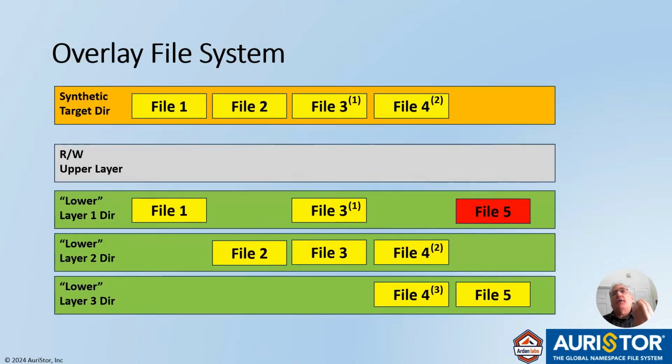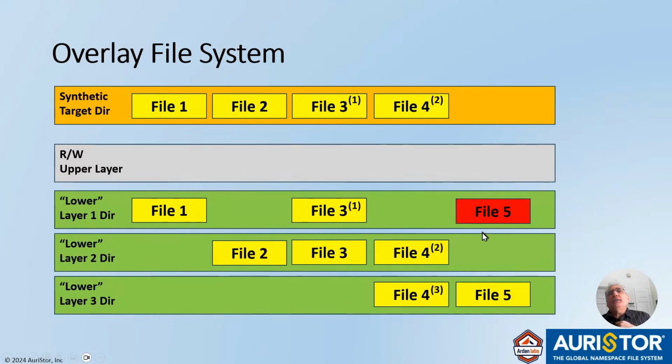So what's an overlay file system? Some of you may know this, but I really want you to get a deeper understanding. It's a synthetic directory. It's a directory that doesn't actually have files, but looks like it has files. It looks like it has a directory of stuff, and it's made by merging multiple other directories. So if I have a directory here with a version of file 4 and file 5, and a directory here with a version of file 2, file 3, file 4. Those are the file names, by the way. And here with a version of file 1 and file 3, and maybe I had a version of file 5 there, but I deleted it.